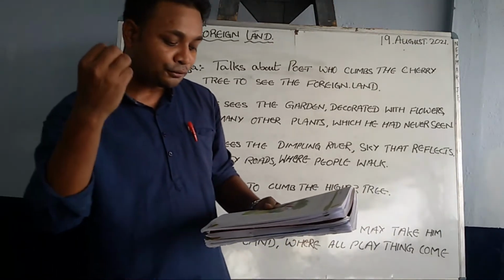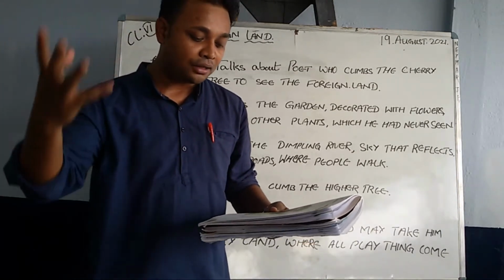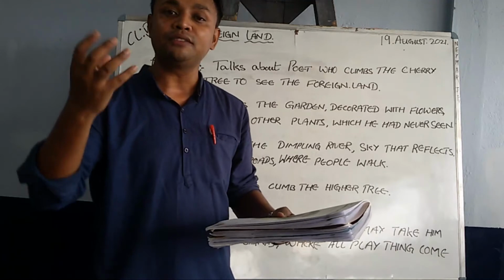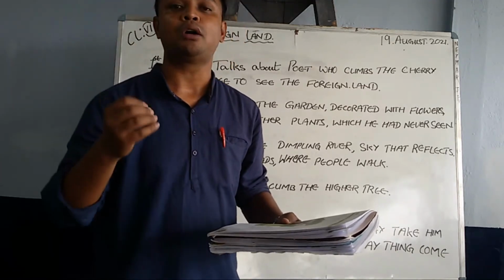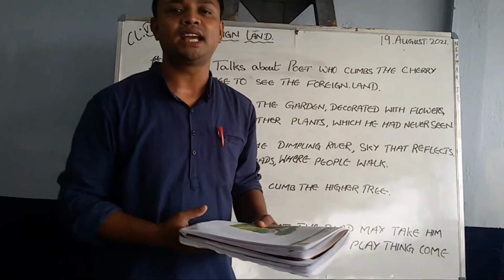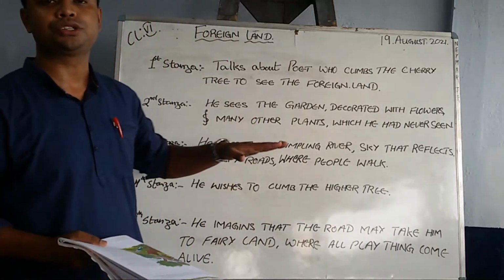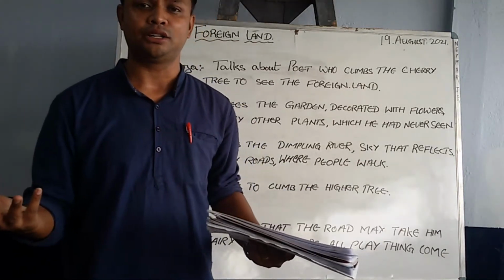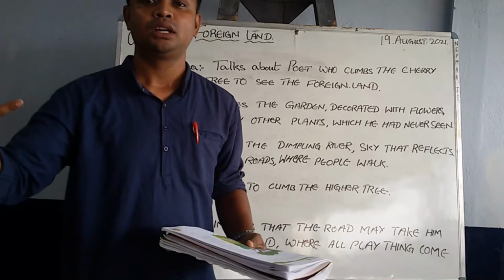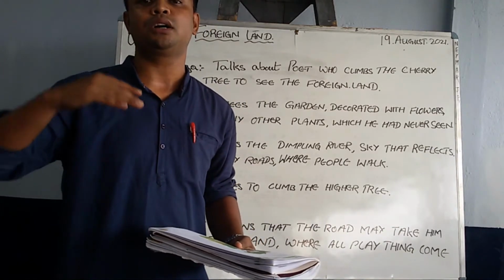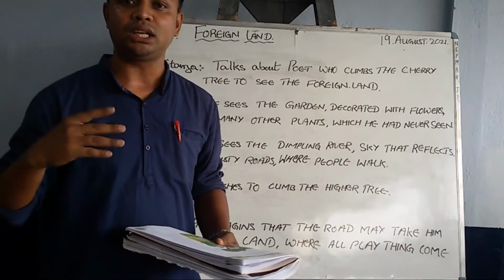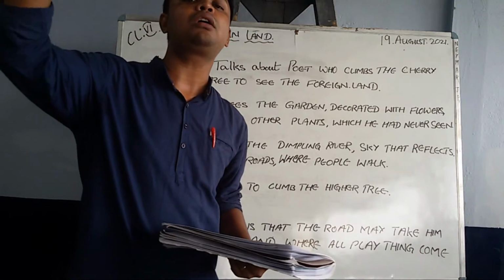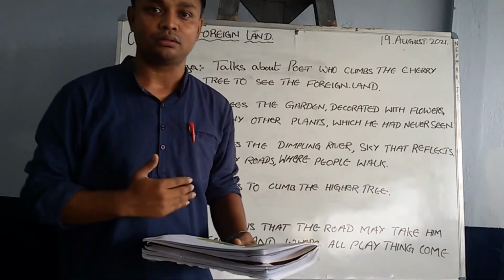Let's see. If I could find a higher tree, farther and farther I could see, to where the grown-up river slips into a sea among the sheep. Now in the fourth stanza, he wishes to climb a higher tree. Why does he want to climb a higher tree? Because he wants to see the view. The small tree doesn't give him all the views that he wants to see. If he goes a little higher, or into another tree, he can see all the things that he is unable to see right now. Yes or no?